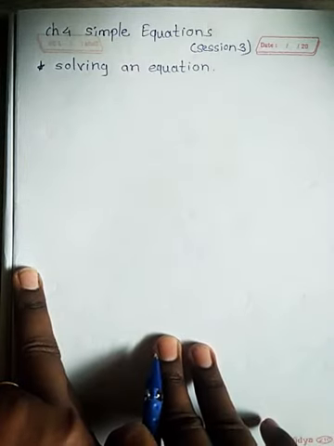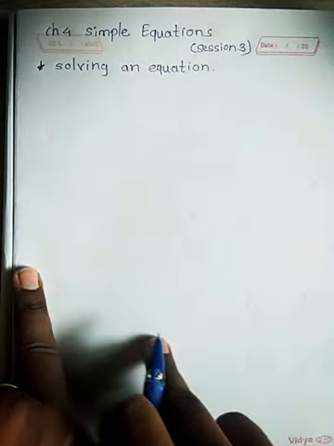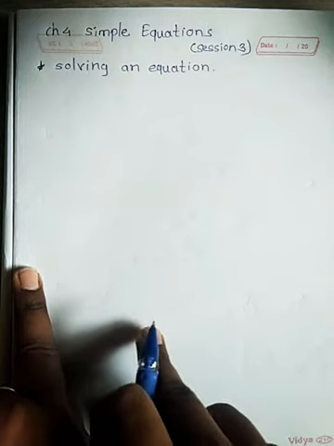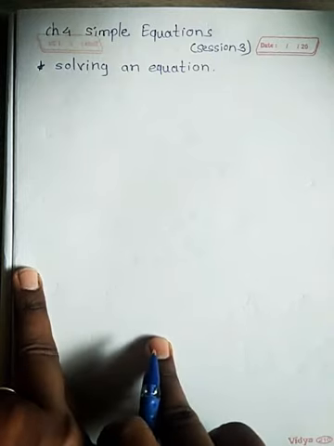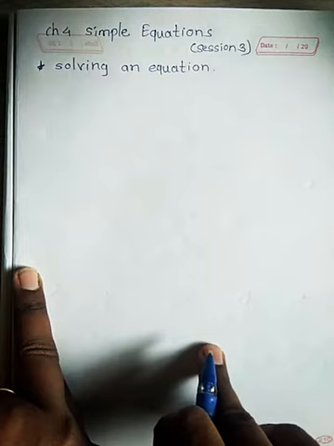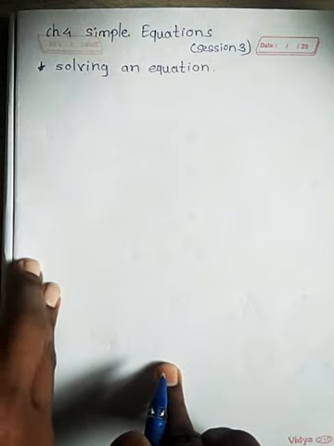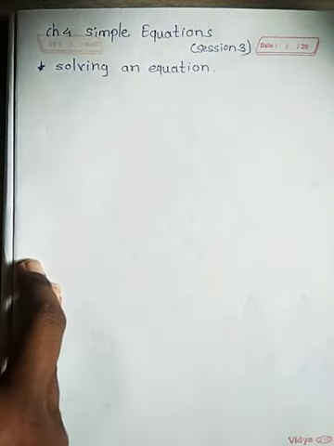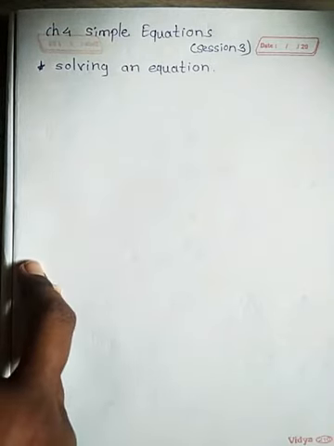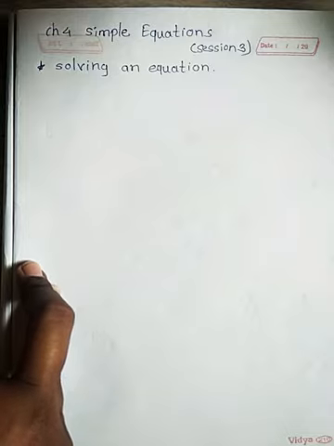First of all, we saw what we mean by an equation, how to form an equation, and how to form an equation from a statement. All of that was in session 1 and session 2. Now, how to solve an equation, means how you will find the value of the variable from that equation, and which operations are performed on the equation and how.